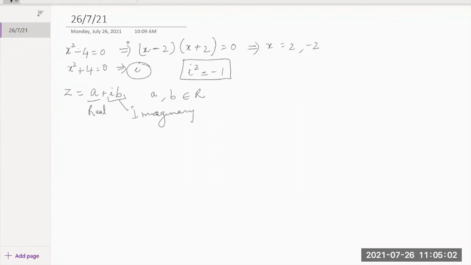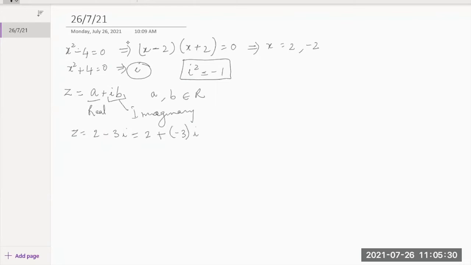So now a complex number will be defined as a composition of real and imaginary parts. Always remember the standard notation is always going to be a + ib. Supposing I write z = 2 − 3i, then how do we write it? This has to be written as 2 + (−3)i.